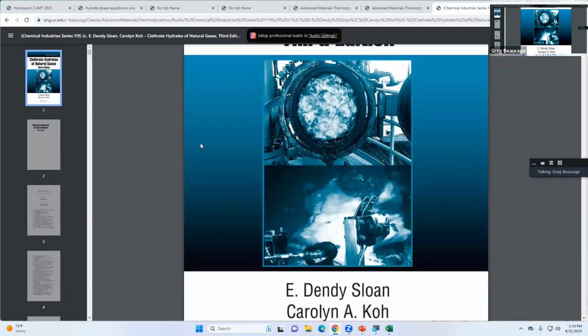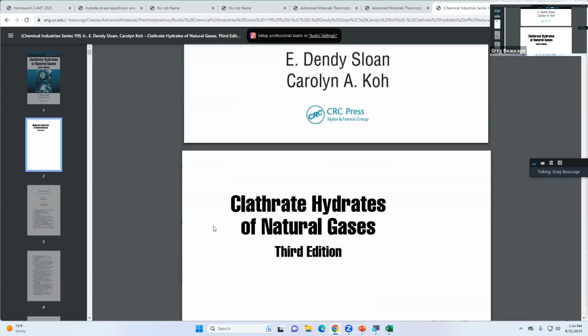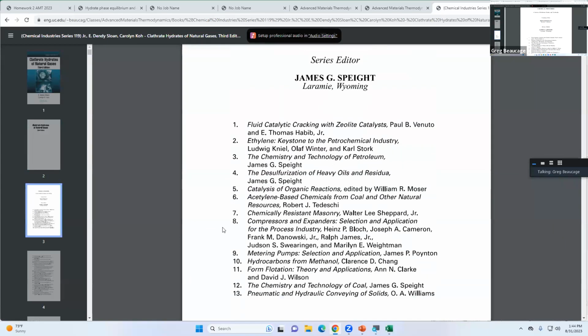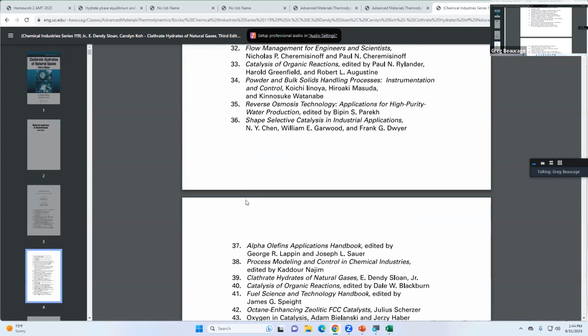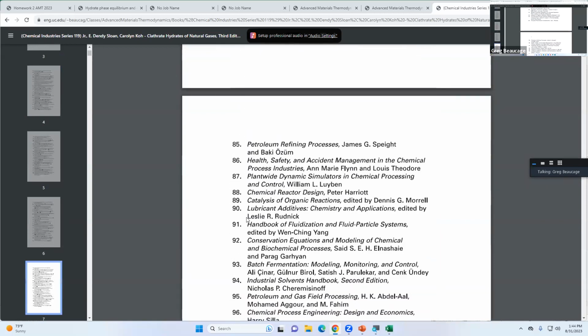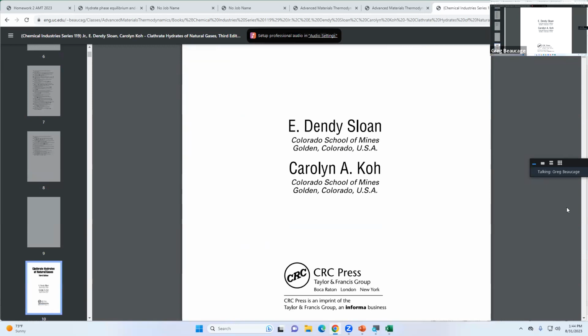Clathrates is one of them. Asphaltene's another one. There's kind of this tar stuff that crystallizes in it too. So there's a lot of engineering problems. It's also causing the end of the earth, you know, but it's also insane why you would do that. I mean, money's involved, but still. Anyway, so